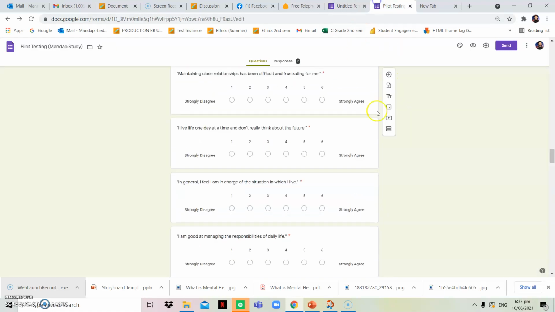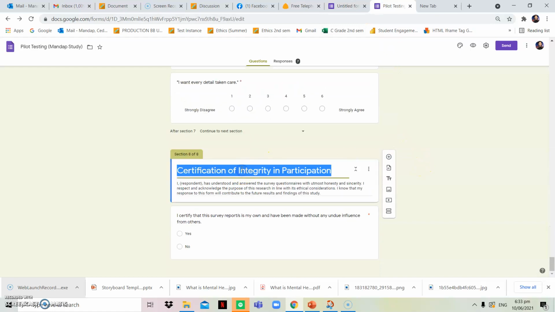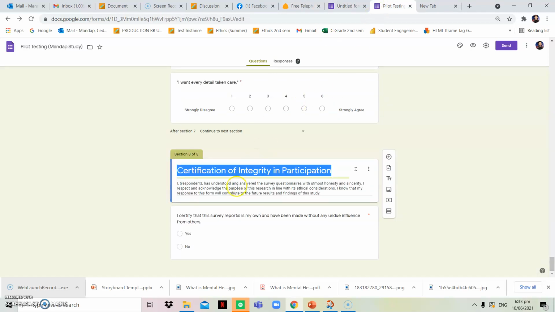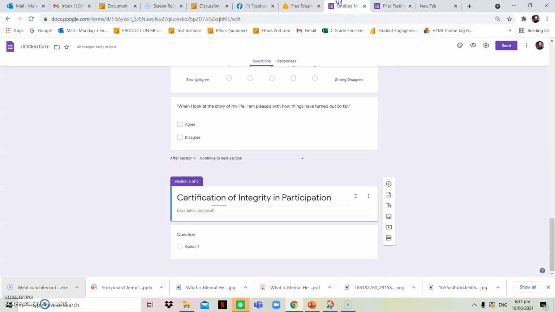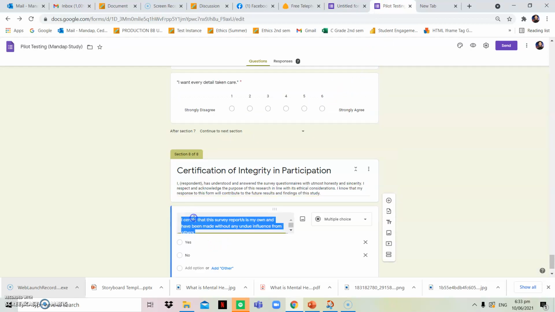Okay, so you need to add the last portion or the last part, wherein I called it certificate of integrity and participation. So this will really clarify that they answered your scale properly, no, and they are not forced, or they are not coerced, or they are not influenced by other people. So it's mostly like a confirming